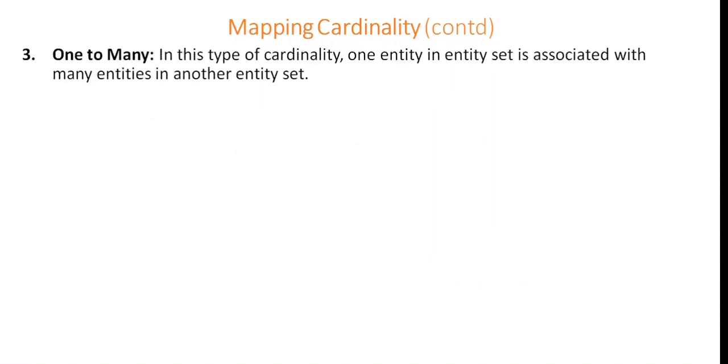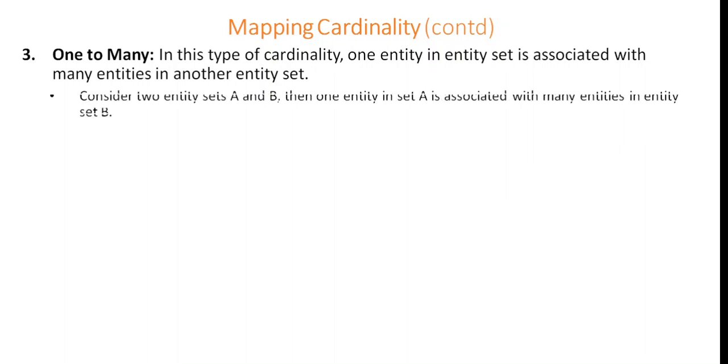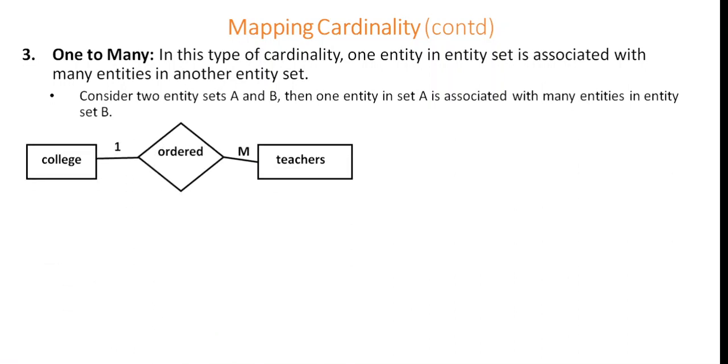The next type of mapping cardinality is one to many. It is opposite to many to one mapping cardinality. Here, one entity in an entity set is associated with many entities in another entity set. Opposite to many to one. If we have two entity sets A and B, then one entity in set A is associated with many entities in set B. For example,